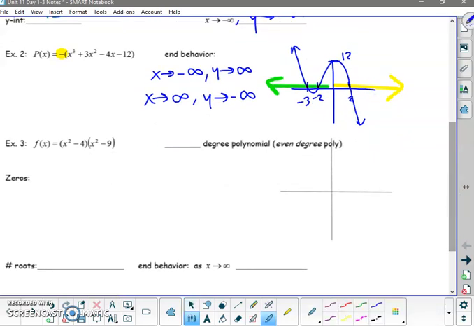So if we notice here, f of x equals x squared minus 4 times x squared minus 9. You could probably get the roots from here. I'm a big fan of factoring it as much as I can. So this is going to be x plus 2, x minus 2. And then obviously this is going to be x plus 3, x minus 3. So I can see that my zeros right here, x is going to be plus or minus 2 or plus or minus 3. Okay, so if I wanted to make a sketch of this,